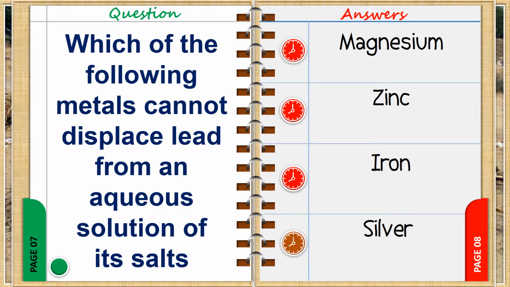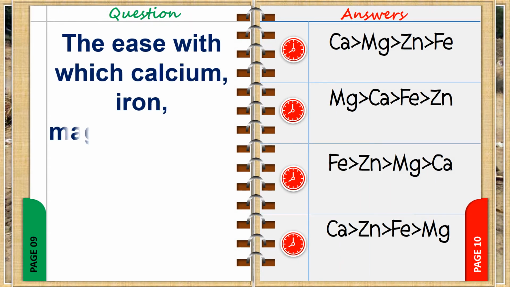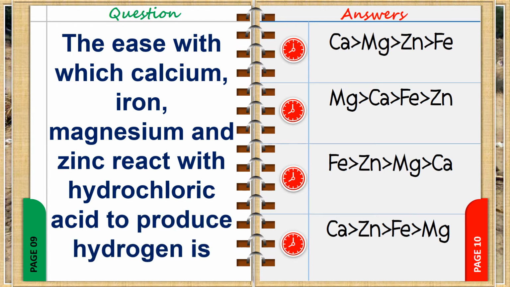Silver. The ease with which calcium, iron, magnesium, and zinc react with hydrochloric acid to produce hydrogen is